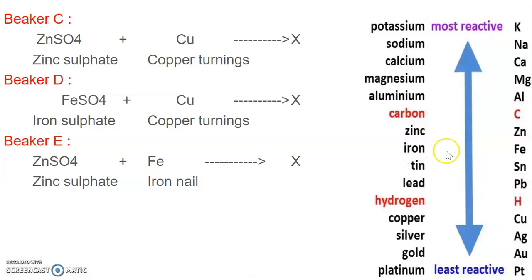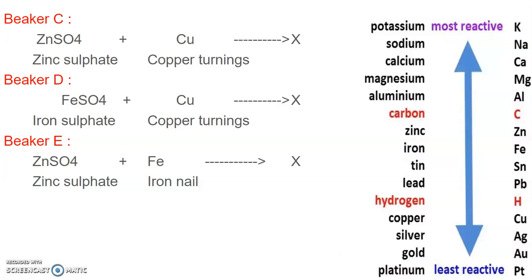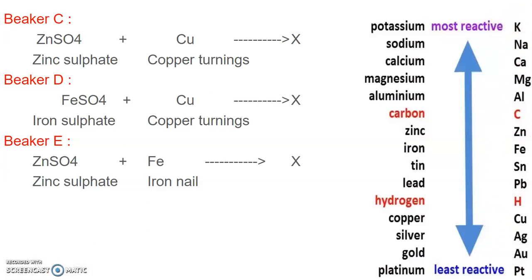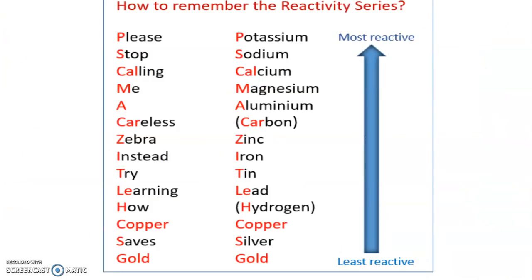So I hope by this you all are clear with the content of displacement reaction and with the rule of which metal displaces which metal, right? Like, children, this is the reactivity series, right? And according to this reactivity series you can find out which element can displace which element. And the rule which we have seen in the previous slide: